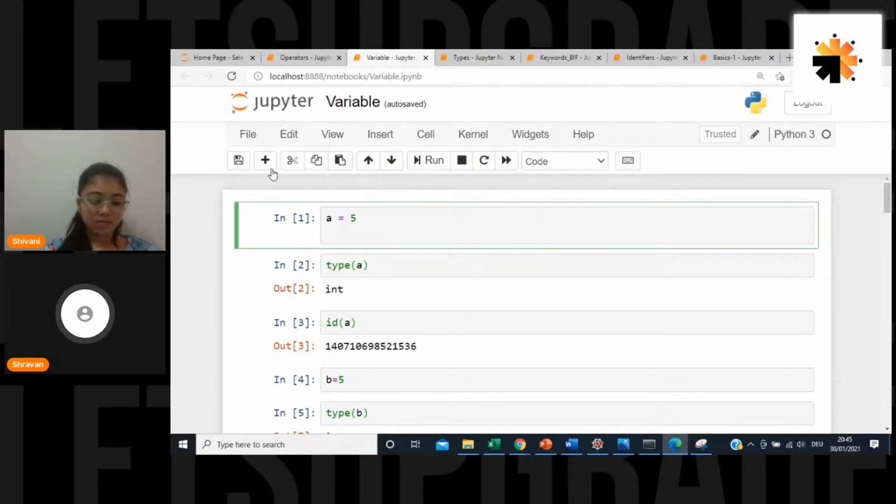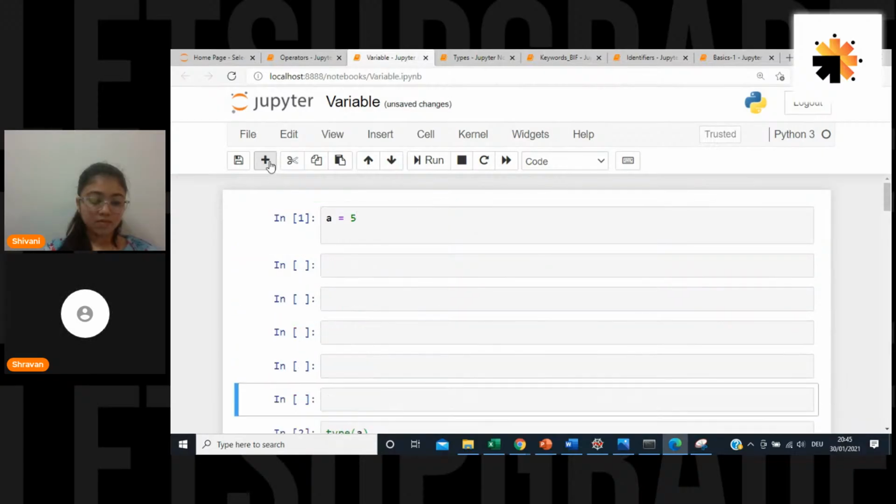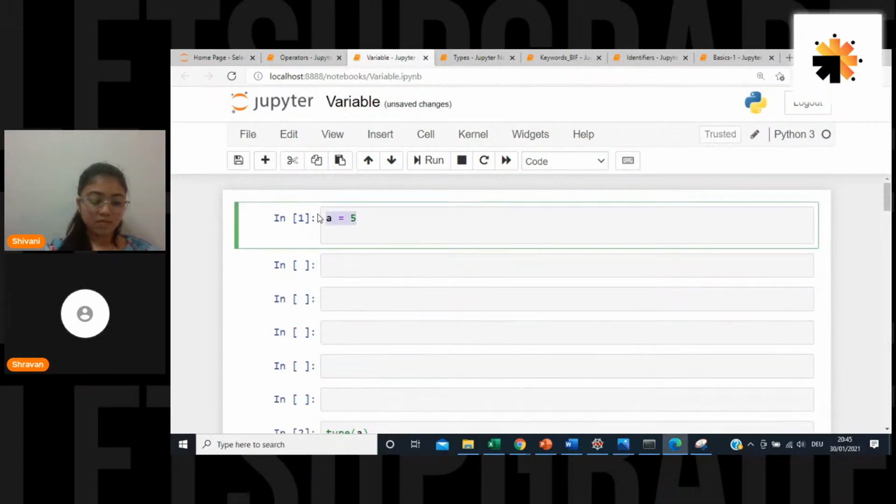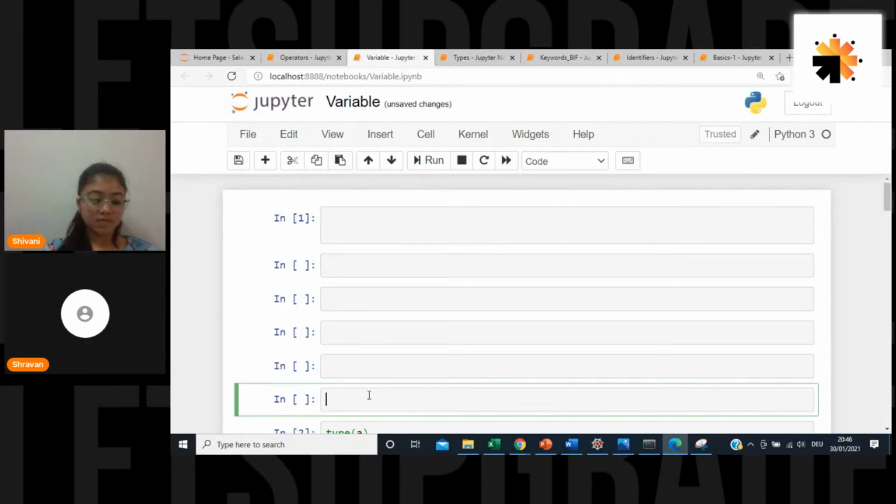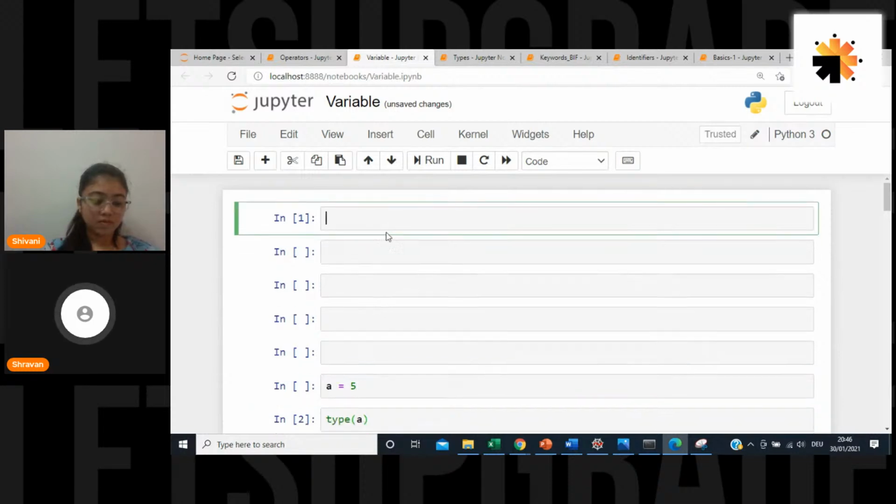Okay, so I will insert a few cells, take this one, Control X, and put it here. Suppose I wanted to have a number. Right now we are only dealing with numbers.